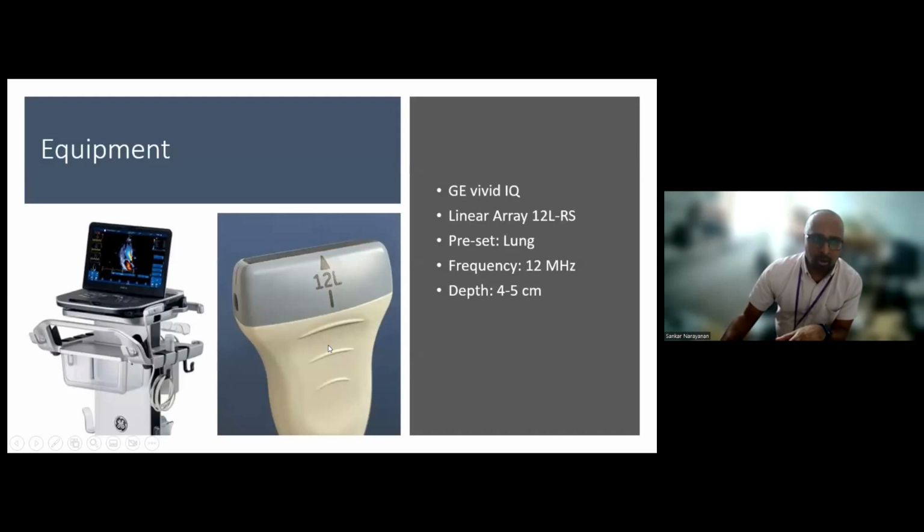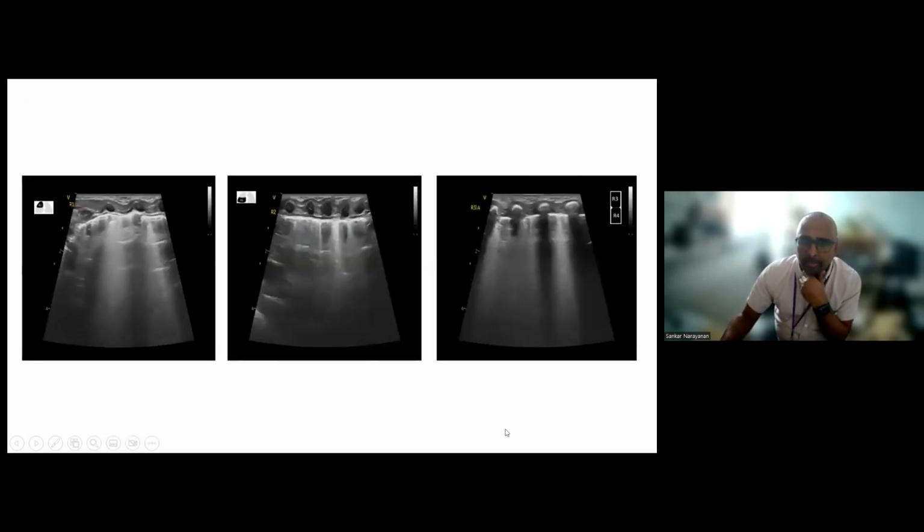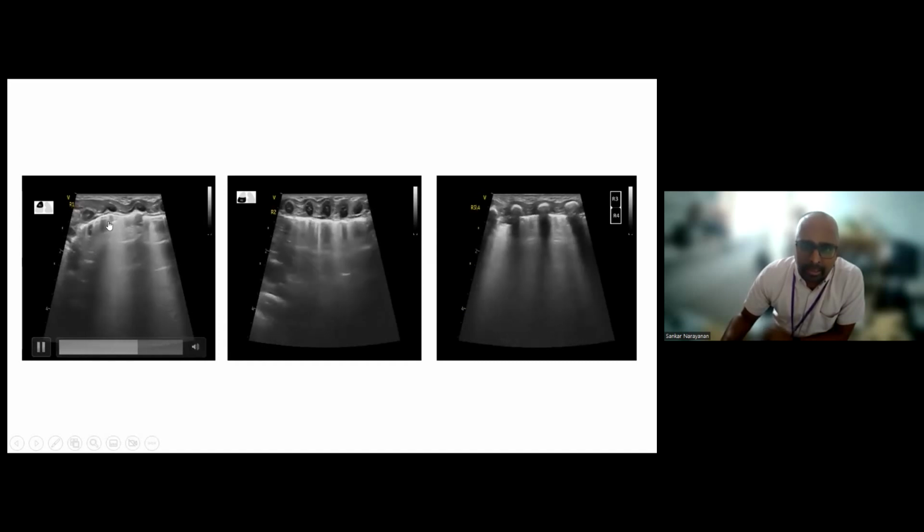Same equipment, but a linear, the 12L probe on GE Vivid IQ with a 12 megahertz frequency and a depth varied between 4 to 5 centimeter. So this is R1, R2, and R3 and 4. This baby was very sick, so I just did the anterior and the axilla. So on the R1, I can see the